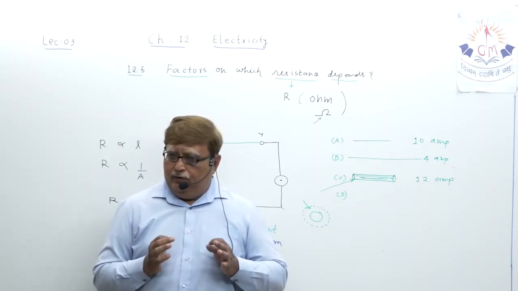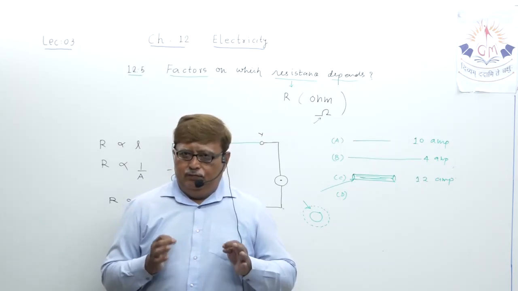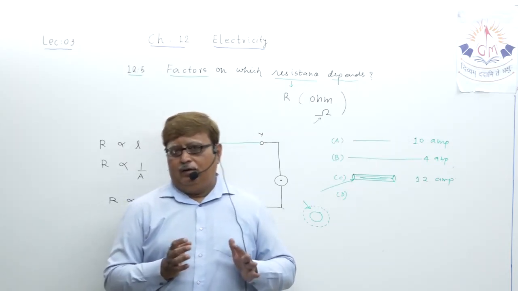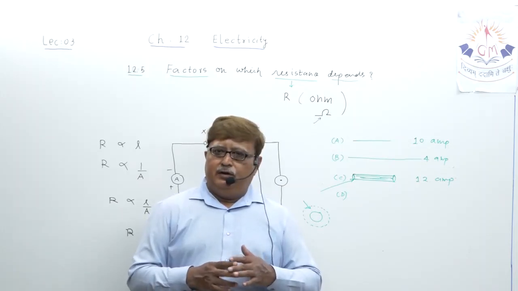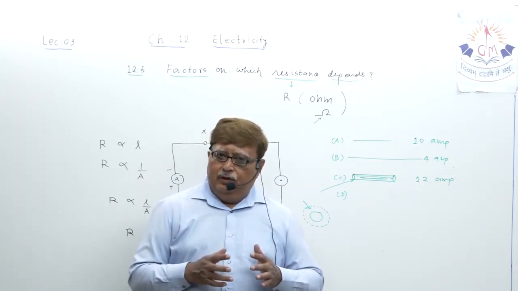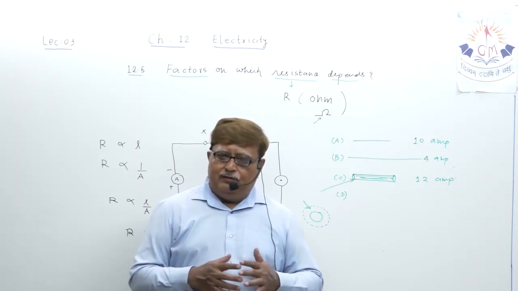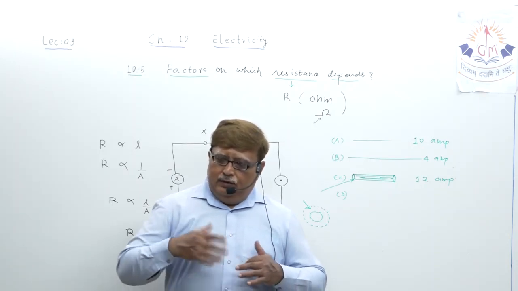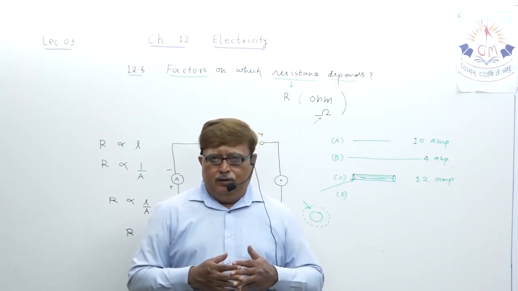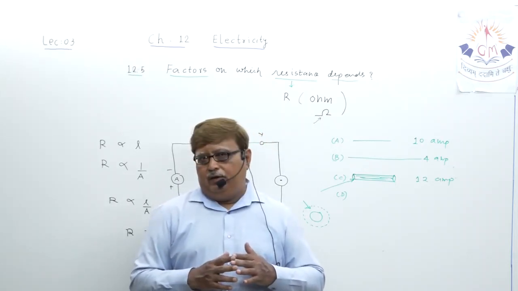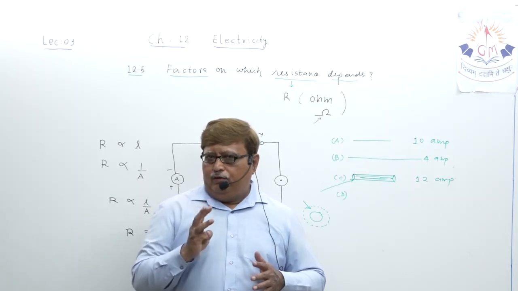These three physical quantities, electric potential, electric current and resistance, are the total of electricity. To understand in future also the concept of electricity in detail, you have to be very clear about these three,